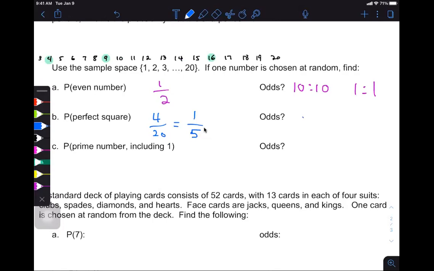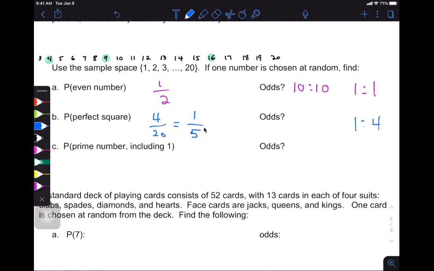20. Well, just think about 1/5. If there's 1 success out of 5, so it would be 1 success. Then how many failures would there be if it has to add to 5? Not 5, 4. Good. So it'd be 1